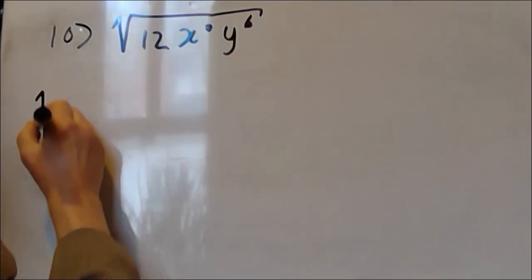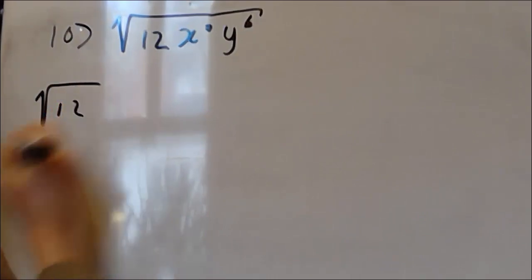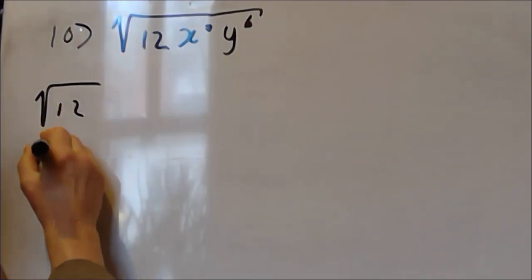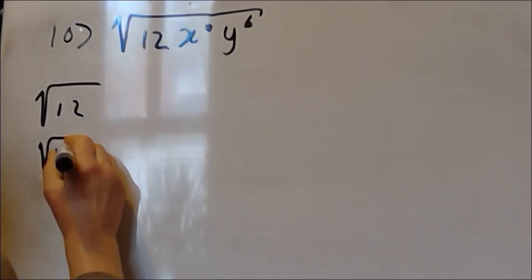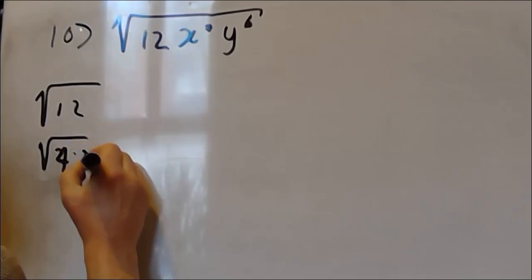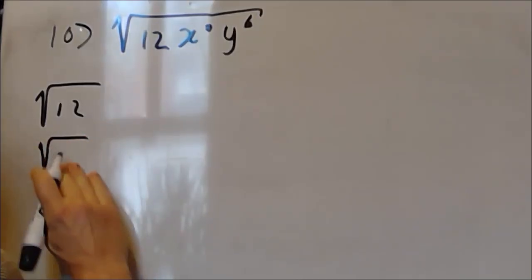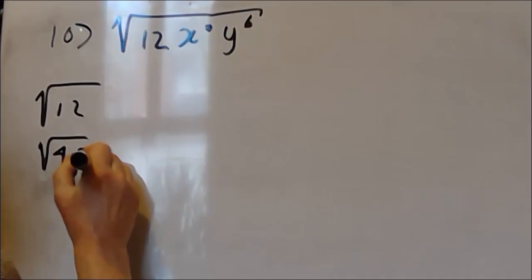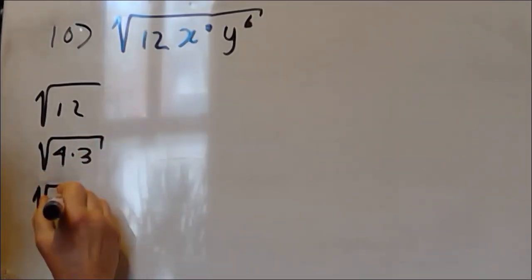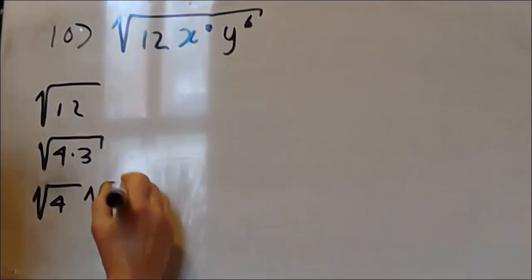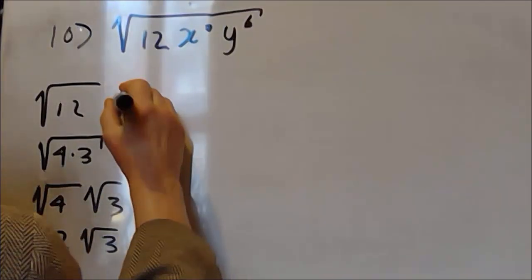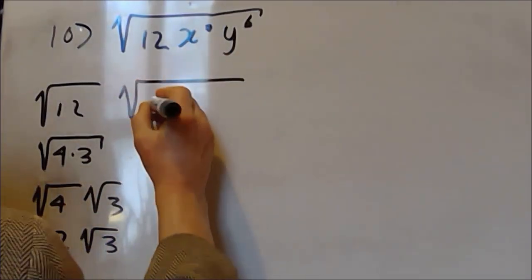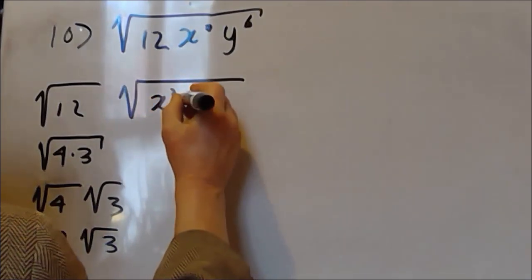Well, 12 is not a perfect square, but we can break it down into 4 times 3. 4 is a perfect square, even though 3 is not, so that would be 2 square root of 3. The next part, x to the 7th, we can write that as x squared,